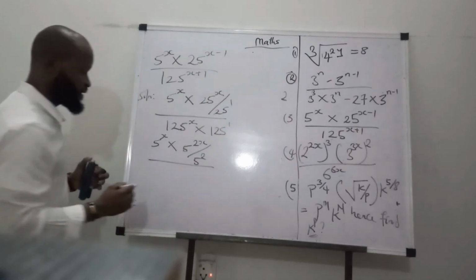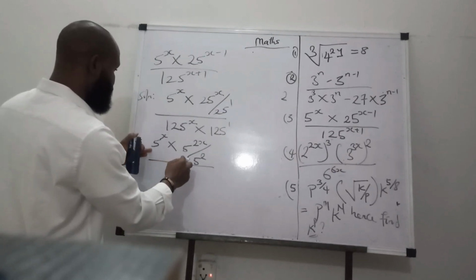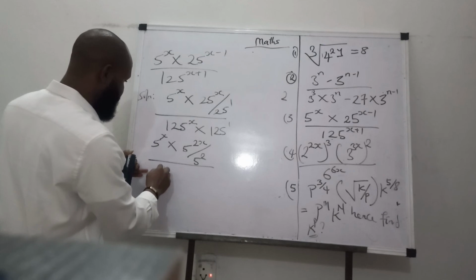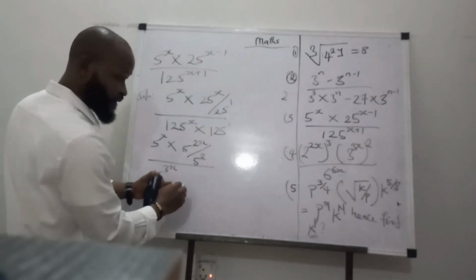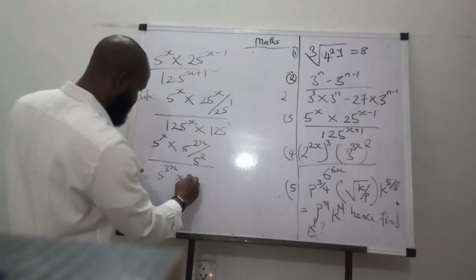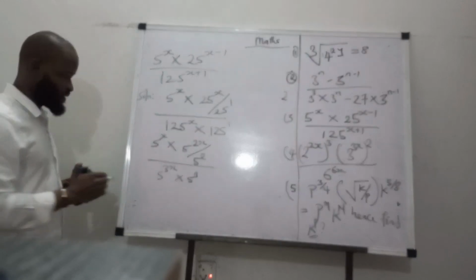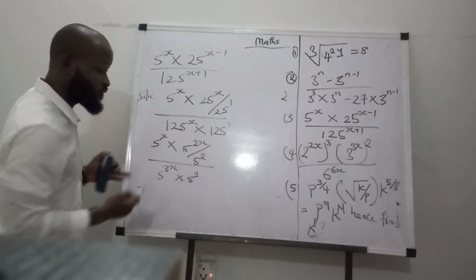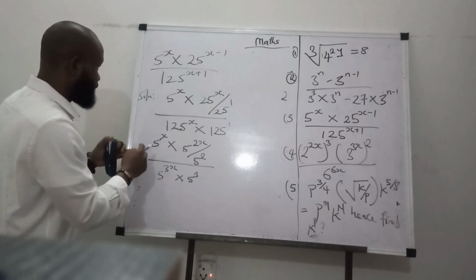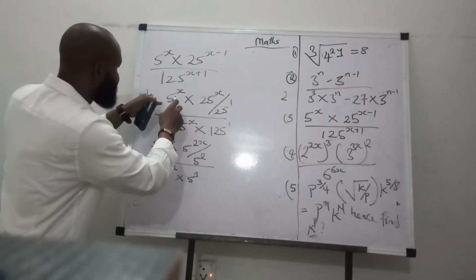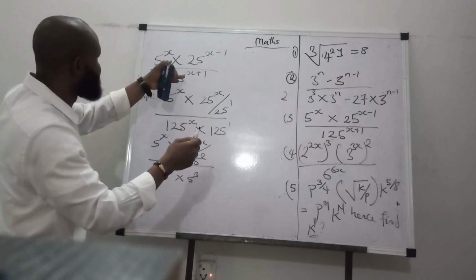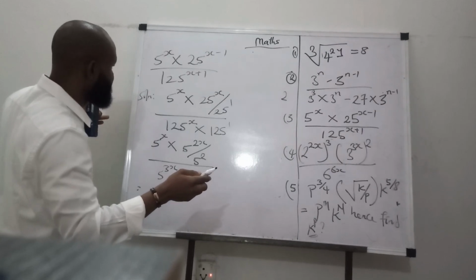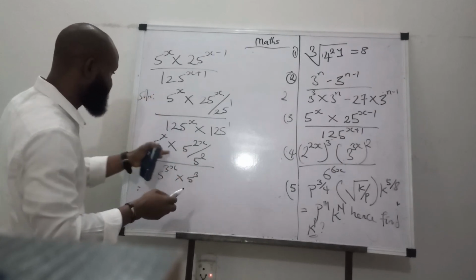Yes, divided by 5 raised to the power of 3x, okay? Multiply 5 raised to the power of 3. That is it. So we go ahead by saying this to this is common amongst them. So we can say that's 5, we take 5 raised to x, or we can take